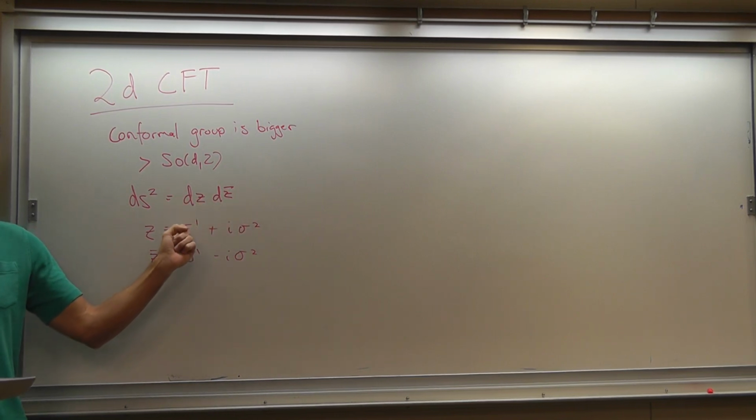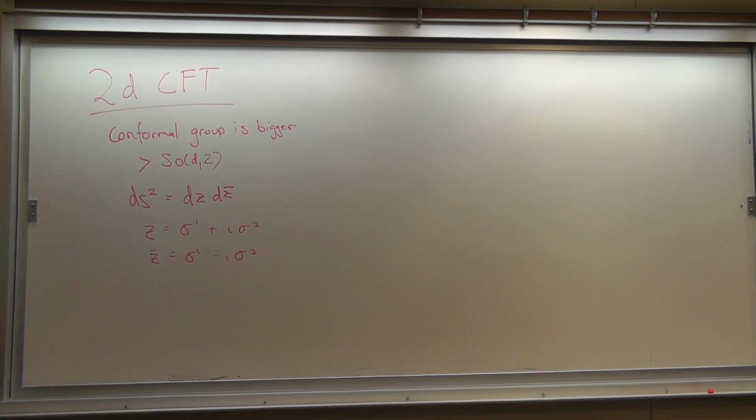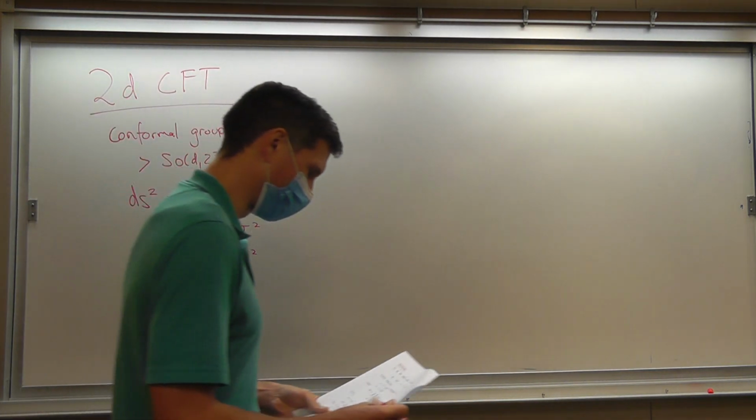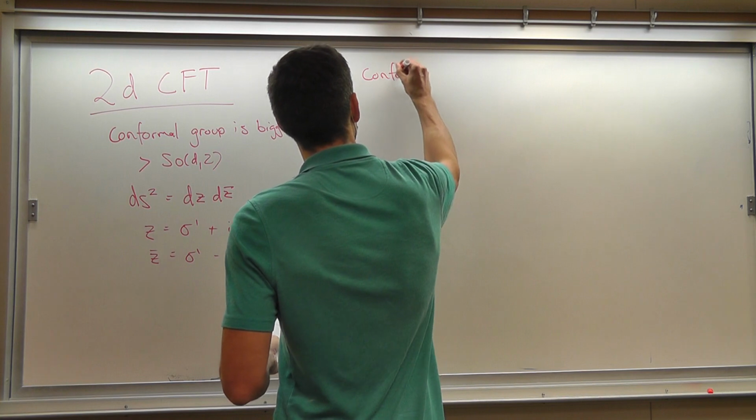Sometimes you have to worry about this and notice that they're secretly complex conjugates. That's important to get right answers and to know what you're doing. But when you manipulate equations, you can usually pretend that they're independent, and I'll try to be careful about explaining how I'm doing that. The conformal transformations